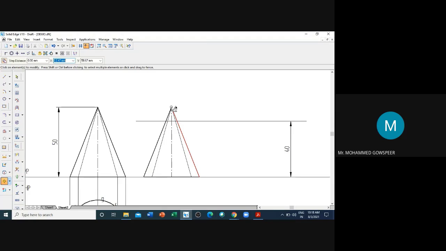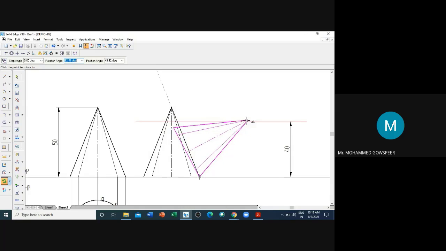Now it is 50 mm above, so I have to tilt it to 40 mm. Use the rotate command, cancel the copy, select the elements to modify, then select the center of rotation. One point I select as the center of rotation, then the apex point I will consider as the reference to rotate. Then you rotate like this.